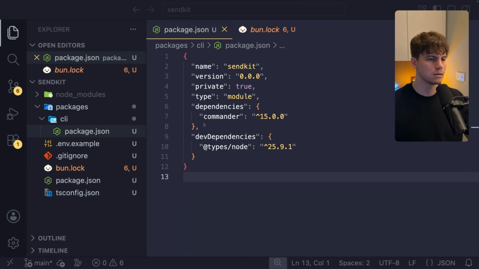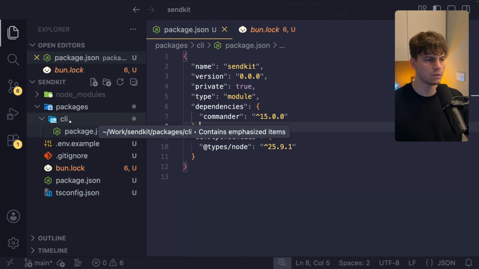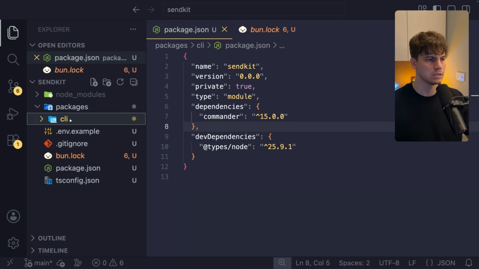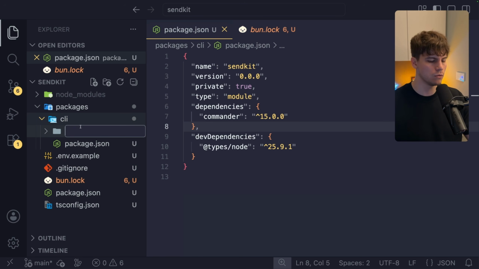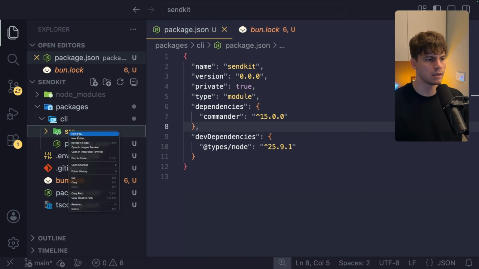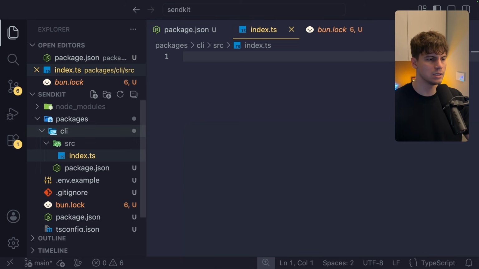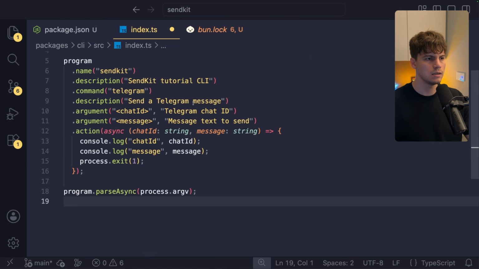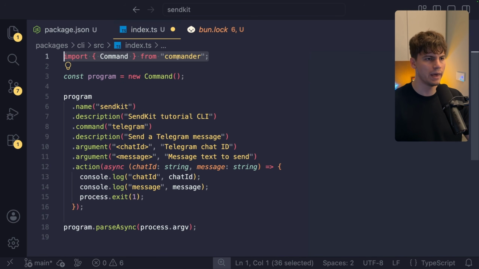Now let's create a very simple example of a command line interface that we can actually run. So inside of the CLI folder, create a new folder called source, and inside, an index.ts file. In here, we're going to import Command from commander, we're going to initialize a new program using new Command instance. And then to that program, we're going to attach a name, a description, a command called telegram with a description,